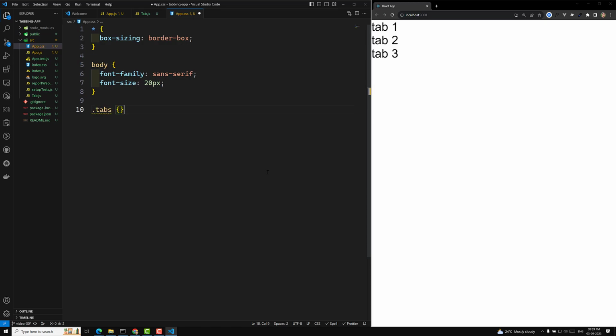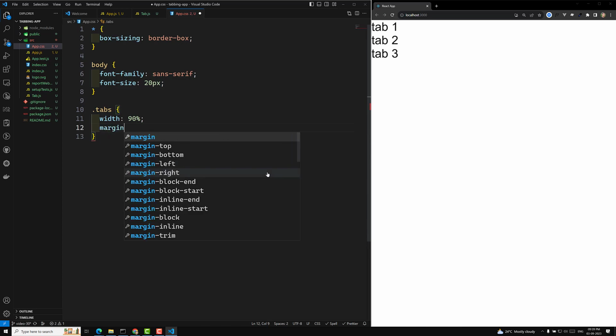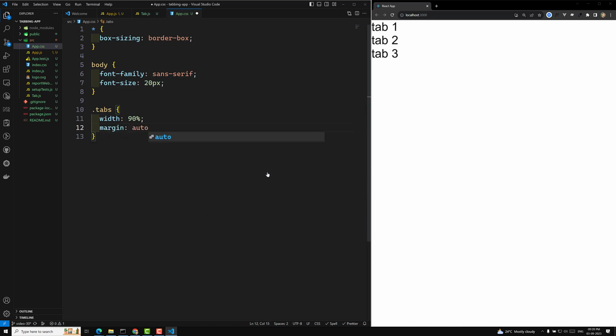dot tabs is the main container we are having, width of 90%, and margin will be auto, left right auto. So here it should be something around 2 rem and auto. Okay, at the top you will have some gap. Yeah, fine. And we need to make all these tabs